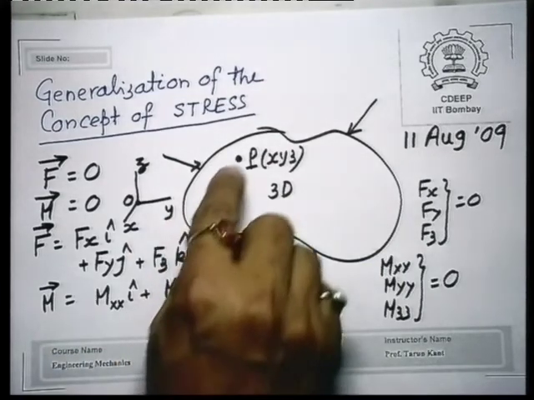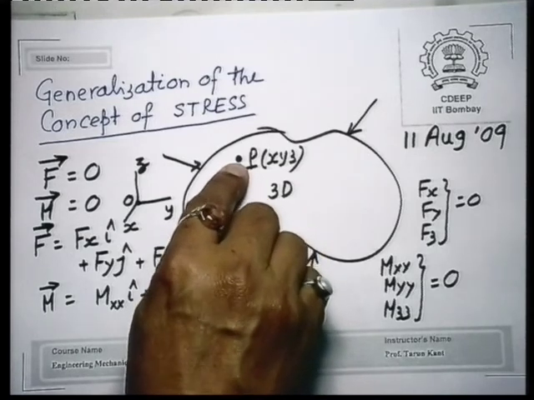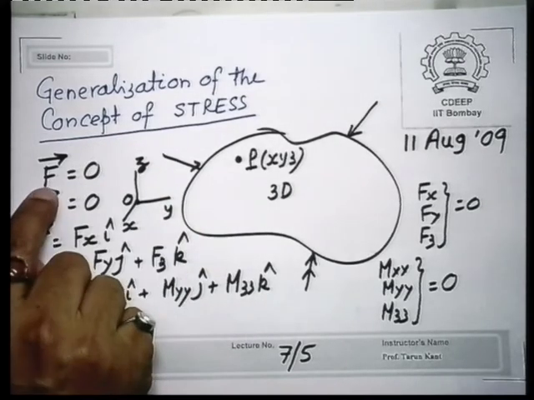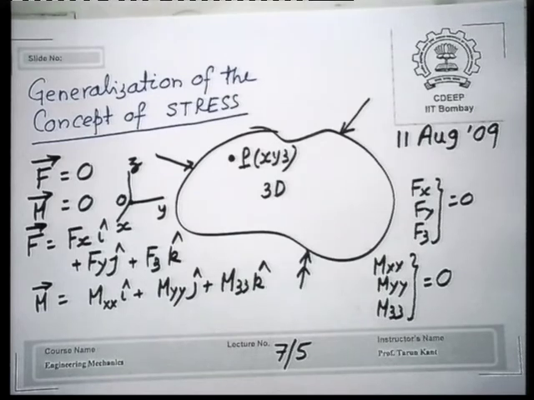If it is a particle, if you are considering only equilibrium of a particle, no size, it does not matter, because all forces pass through that particle. So, you need to have only the first one, no moment, because this is a collection of particles. So, okay, equilibrium. So, this body is in a state of equilibrium.